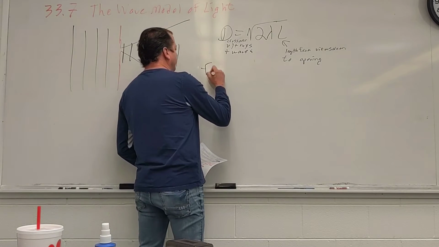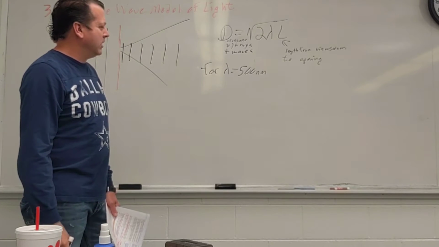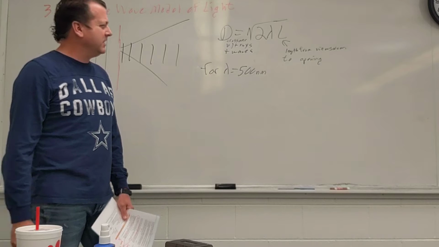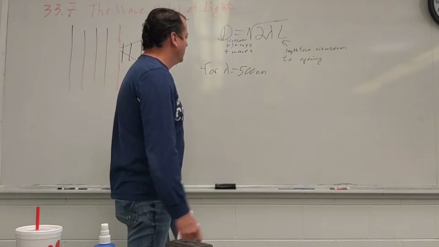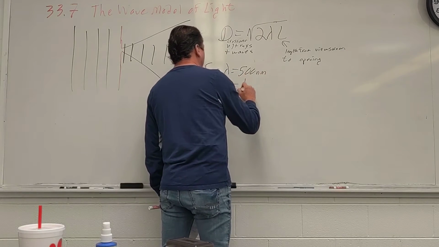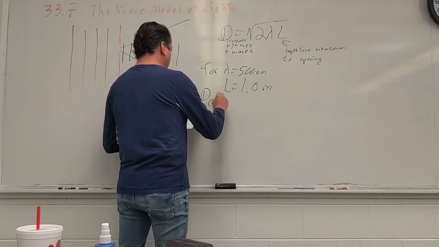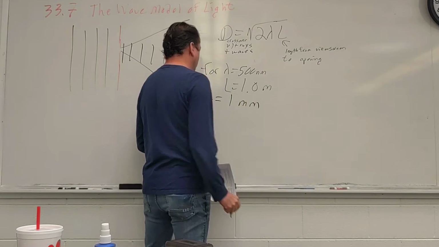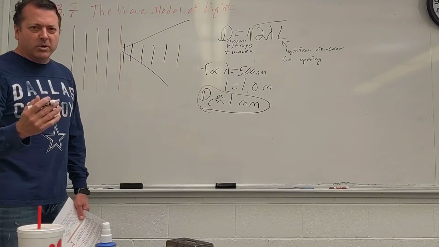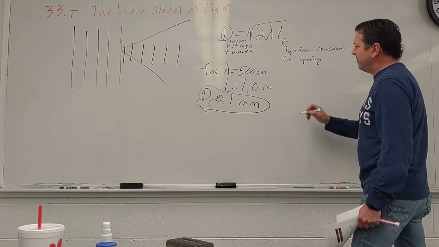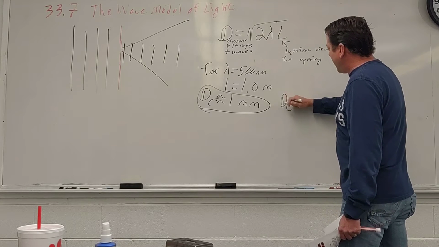So what the book does, they say for lambda equals 500 nanometers, which is kind of a reddish, blue, green, something like reddish. That's not red, that would be more of a greenish blue. Around 500 nanometers and a view screen of about 1 meter away, they get that the size of this gap is about 1 millimeter. I'll put approximately here. Now, if you notice 1 millimeter compared to 500 nanometers, if you do the math for that, this gap is about